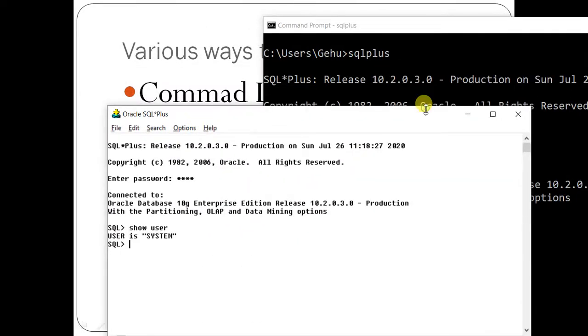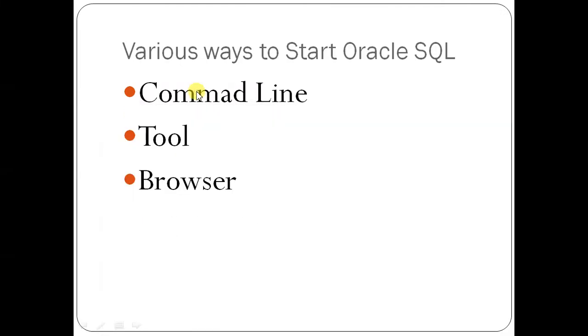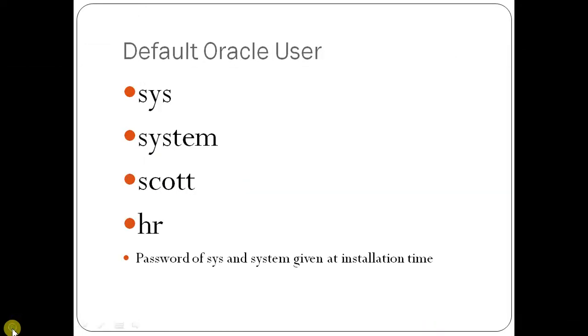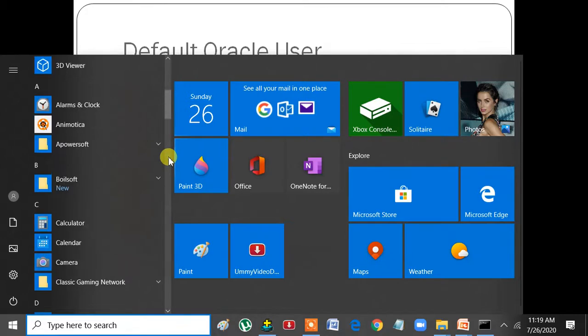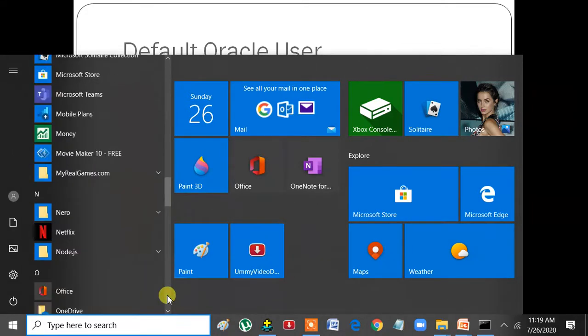The third is the browser, which I will cover a little bit later, once you are done with this. And a fourth method was also there, which some of you might have used, and which is not available on my laptop currently. You click on Start, search for the Oracle Express group, and you will find Oracle Express and Run SQL Command Line.